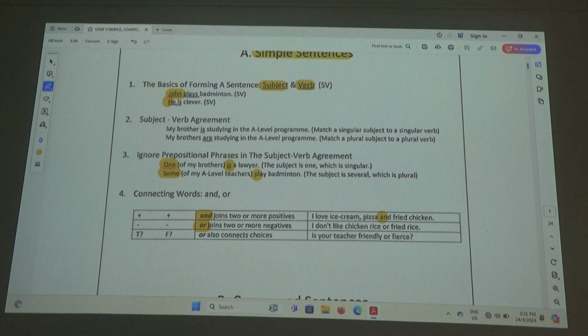But I think that ruling is slowly becoming very diluted now, because all over the world, I still hear so many people say, I don't like chicken and fish. I think you all also speak like that. Correct? Oh dear, really? Well, I don't want to be too strict with you all, but I want you to understand the traditional grammar. Traditional grammar is this, alright? But the English language is also molding itself, slowly changing.